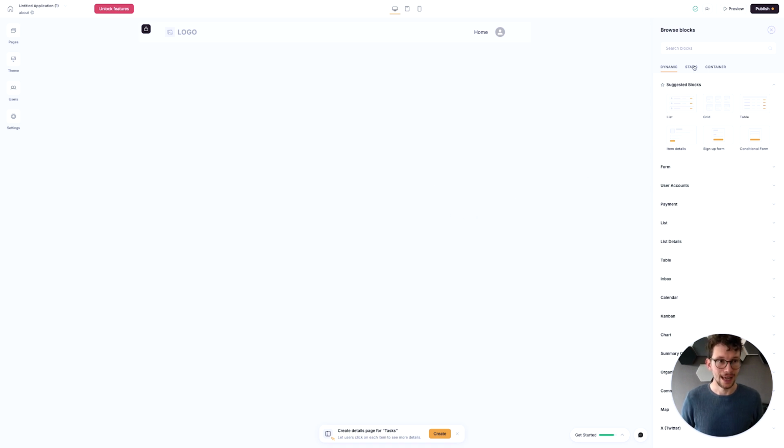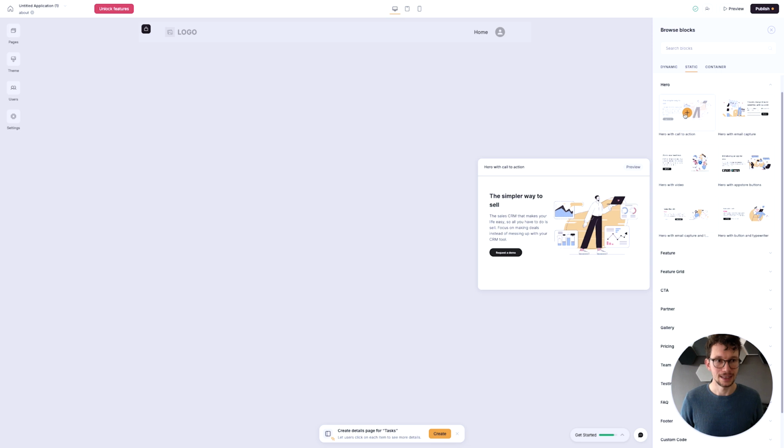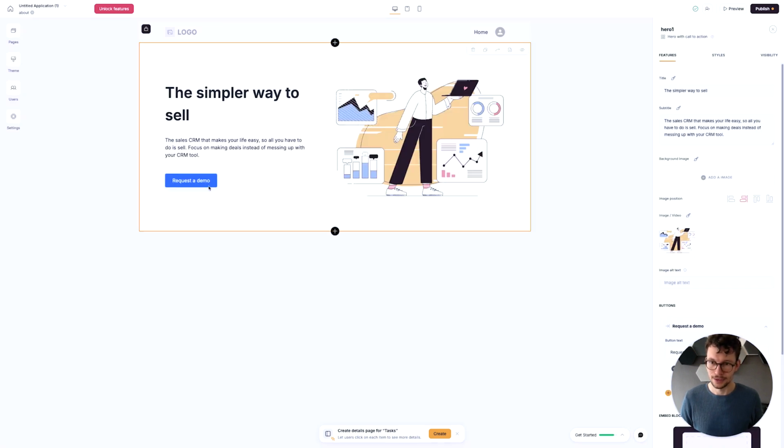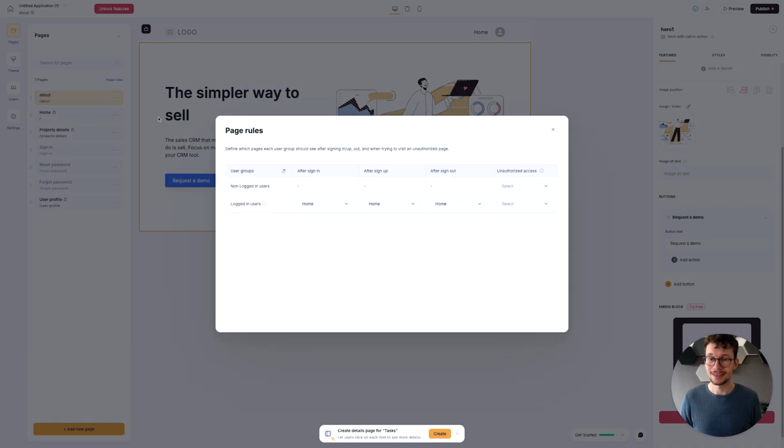And then you could now style this as a general service offer, right? So you might want to have not a list here, but you just want to have a hero section that details what you do, right? And then you can have a request demo button here. This request a demo button, you could link to open a specific page of yours, right, where they can sign up or where they can book a call. And what we can do then is we can make sure that in our page rules, we can say, okay, if anyone visits this page that is not logged in, please show them the